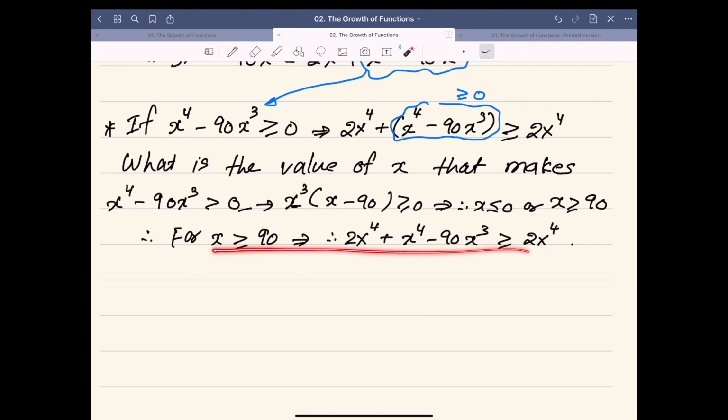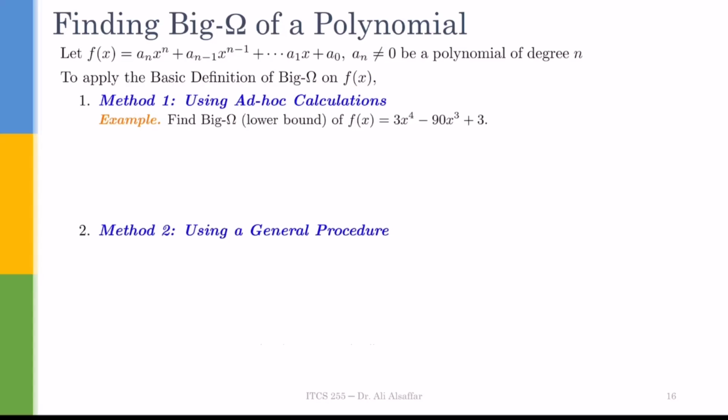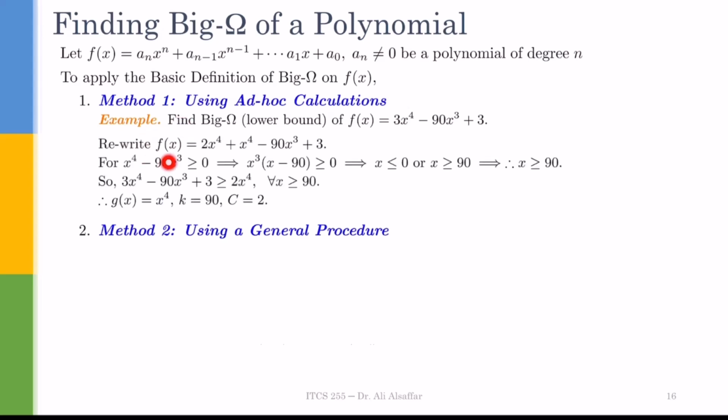Now by the last statement, we have reached our conclusion that the polynomial is greater than or equal to a constant multiplied by the power of x of the dominant term. The ad hoc calculations for this example are also summarized here. So the polynomial was rewritten such that the dominant term was split into two parts and all terms with positive coefficients were removed. Also, we proved that for x greater than or equal to 90, this part of the polynomial